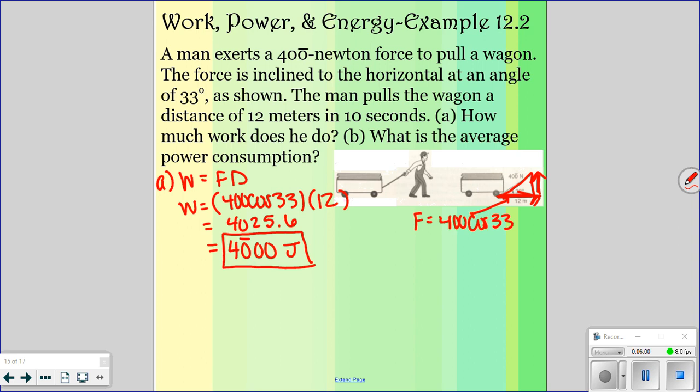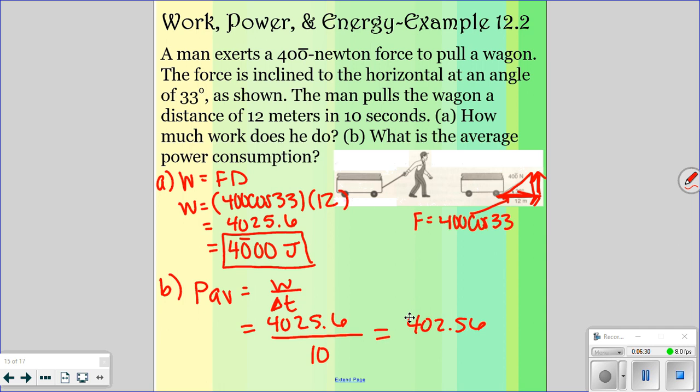For part B, what is the average power consumption? So power is average work divided by the change in time. So our work, we don't use 4,000. We use this whole decimal that we had up here, because we always use the whole number in our calculations, and we only use sig figs for our final answer. And it says the change in time was 10. So if we divide, we're going to get